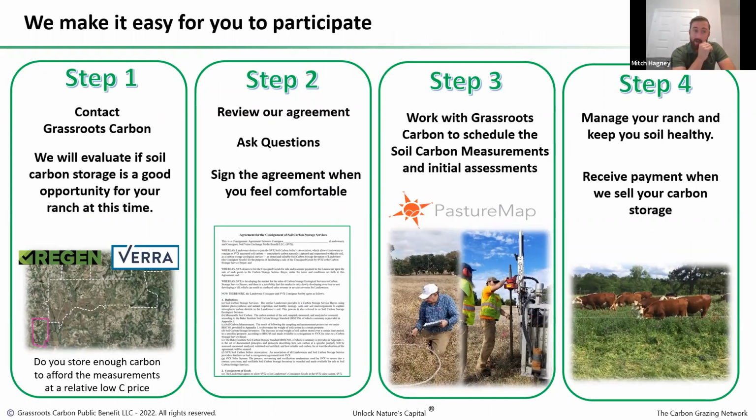So the way that a rancher interacts with a company like us, we start talking, we start to come up with estimates for how much carbon storage is going to happen over time. You review our contracts, you ask the questions that you're interested in. If we sign the contract, then we schedule those soil carbon measurements. We give you access to a piece of software I'll describe in a second called Pasture Map. And then ultimately you just try to keep your soil healthy, do as much as you can to store that carbon,